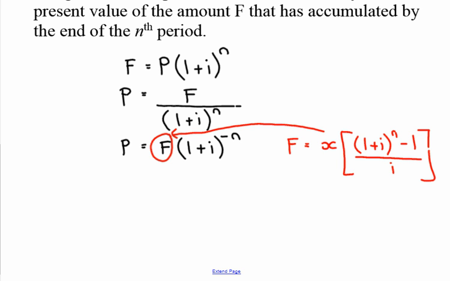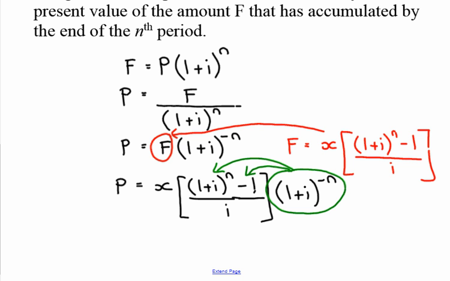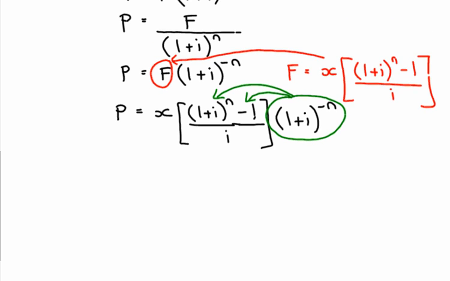So now I've got that P is equal to X, open bracket, 1 plus I to the power of N minus 1 over I. That's my F, and I times it by 1 plus I to the negative N. Now I can take that whole term there and distribute it to my first term and distribute it to my second term. So I get P is equal to X,